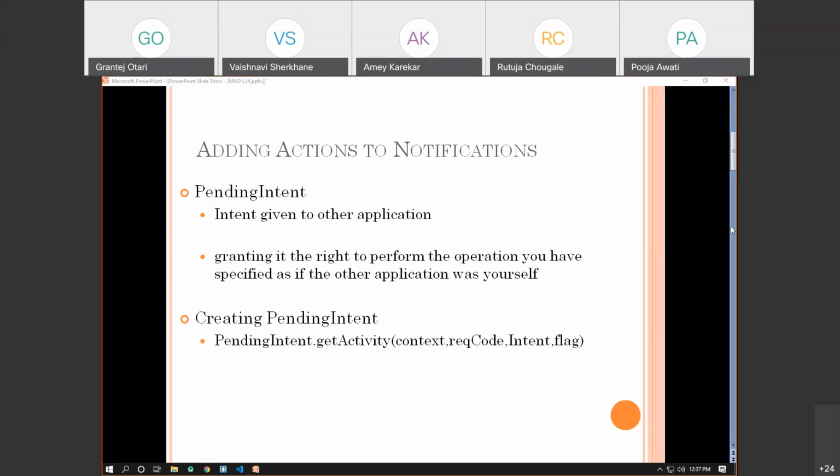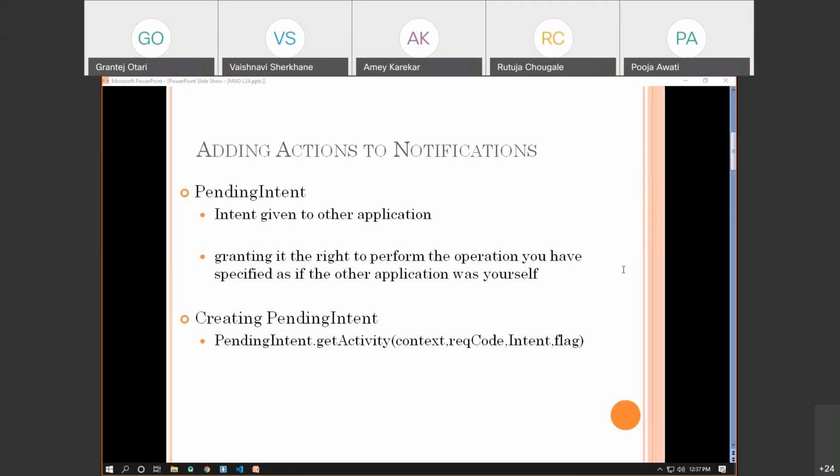Now the question is, what do you mean by pending intents? In order to know that, I just want to know the definition of intent, or the actual use of the intent. Then we can see how the pending intent differs from the actual intent.